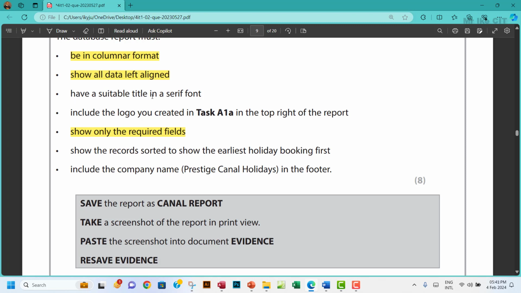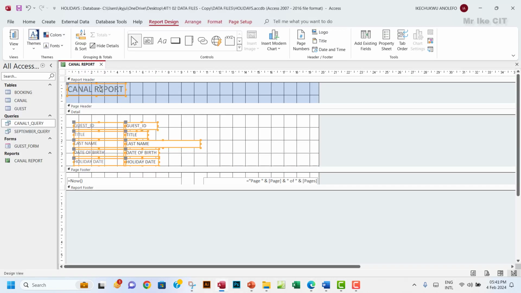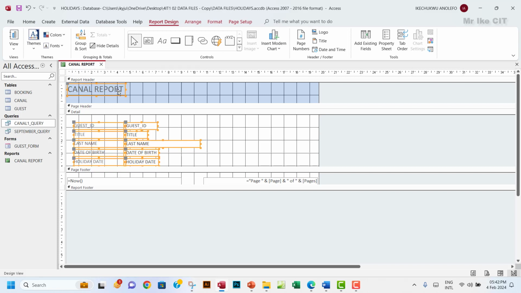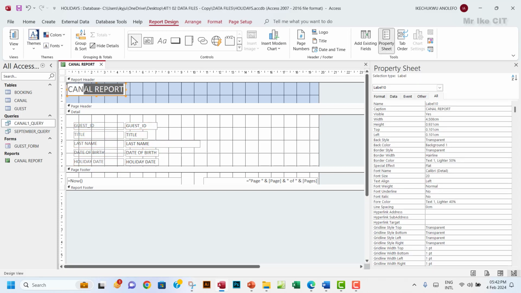So have a suitable title in a serif font. When we talk about serif font, Times New Roman. By convention, we generally use Times New Roman as the serif font. Obviously, that's not the only serif font, as a matter of fact. So we can use any title for this. I can say Canal Holiday, guest ID. We can just write about any title. So I'm going to give it something like